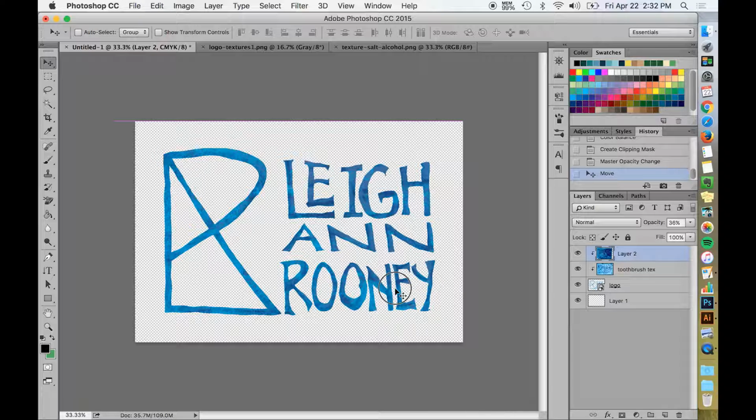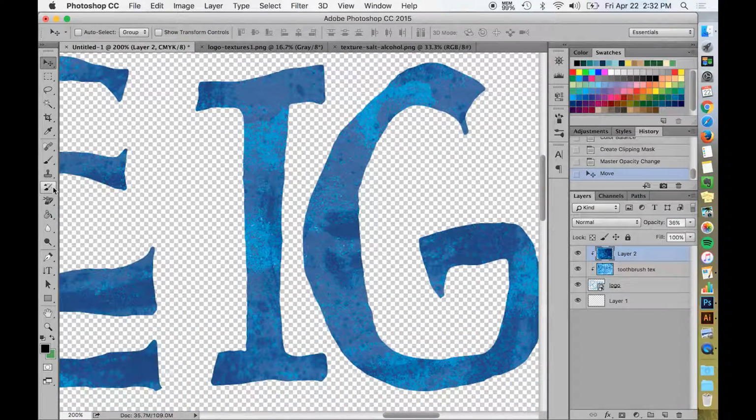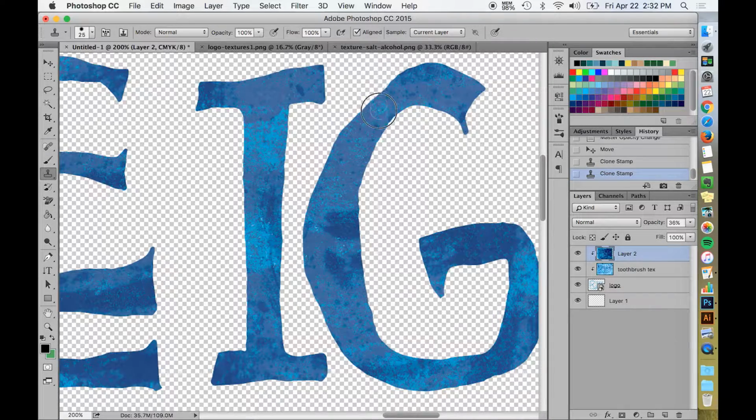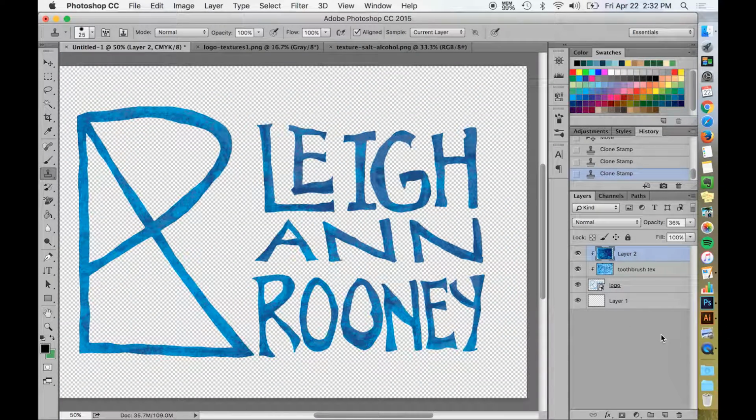If there's something like this circle here that you don't like, use your clone stamp tool and stamp it out. So if I want it to look more like this texture down here and not be such a light area, hit the Option key, select the area you want to copy, and then just clone stamp that out. Come over here, hit the Option key, and just get rid of that. All right, and then I just did the same thing with the tree and made that another layer,